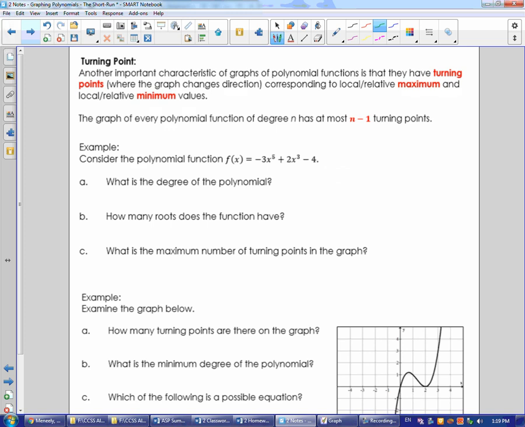Okay. Another important characteristic of graphs of polynomial functions is that they have turning points, and again, that's where the graph changes direction, and they correspond to either a local or relative maximum or minimum value. Here's another characteristic, though. The graph of every polynomial function of degree n has at most n minus 1 turning points. So what that means is if there are 3 turning points,